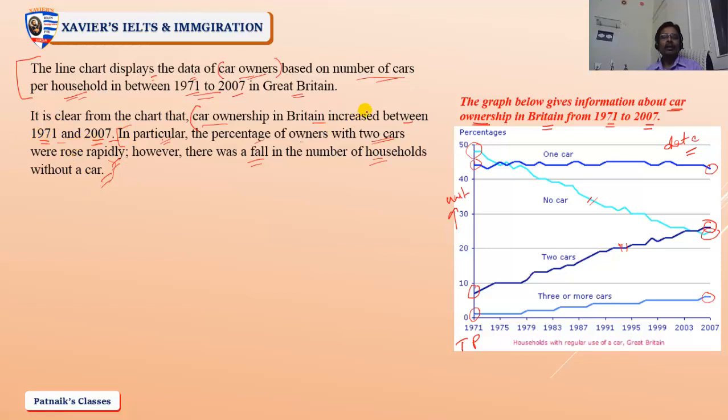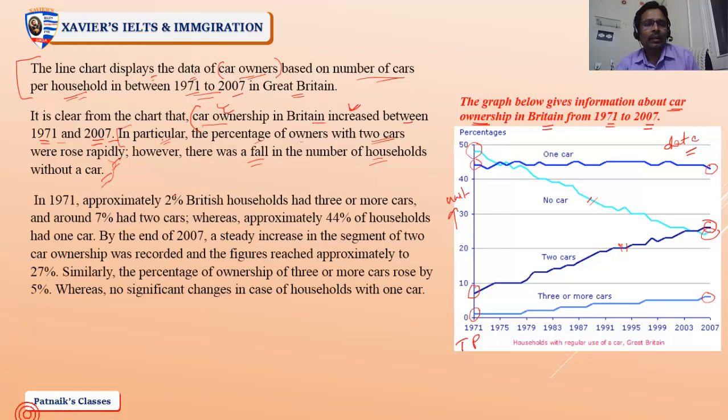I'm talking about the time period, and about the increase of car ownership, right? So now I will try to write about the same thing. See, the very first one I have started with is 1971. I am trying to establish a logical link with this sentence. In my first sentence I have mentioned the time period, the starting point 71 and the ending period 2007. So in my BP1 I'm starting from the starting point, right?